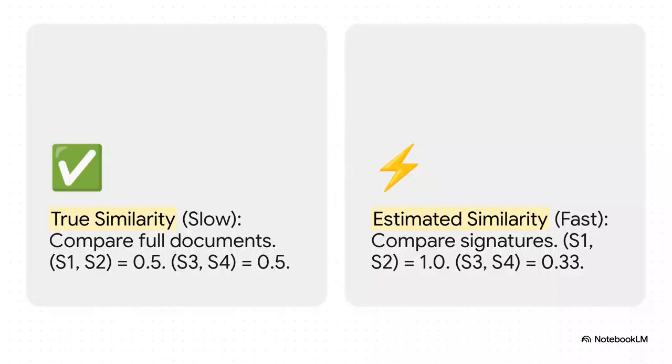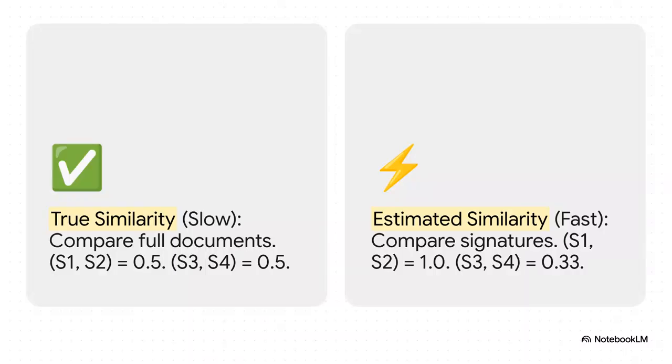So, the million-dollar question, did it actually work? Is our shortcut any good? Well, let's just compare. On the left, you see the true similarity scores, the ones that are perfect but take forever to calculate. And on the right, those are our estimates, based only on those tiny little signatures. Now notice they're not identical, but they tell the same story. They capture which pairs are close and which are far apart, and they do it at a tiny, tiny fraction